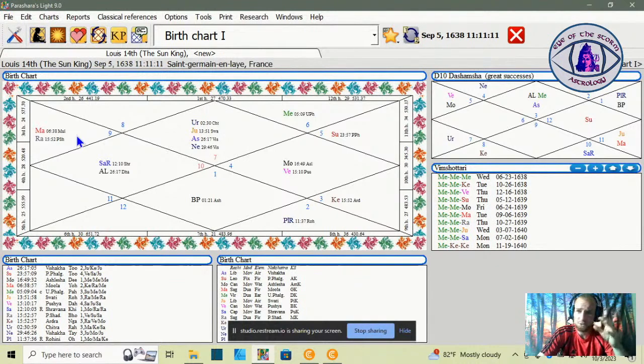Now, Purva Ashada Nakshatra, where Rahu is, is an extremely strategic nakshatra. It's all about going to war, so to speak. That forward action of moving towards a goal and accomplishing something. So when we see Purva Ashada and Mula here, with Ardra and then with Vishakha as well, there is a lot of talent when it came to strategy, whether that was applied militarily, economically, politically. Louis was very successful in all the different areas of his life. This was something that he did.